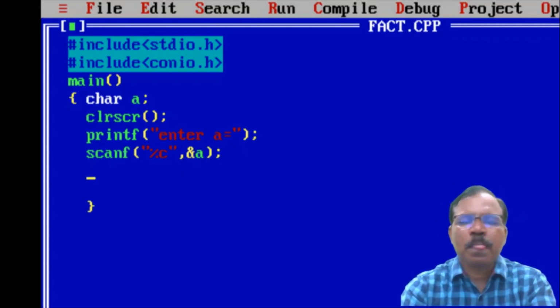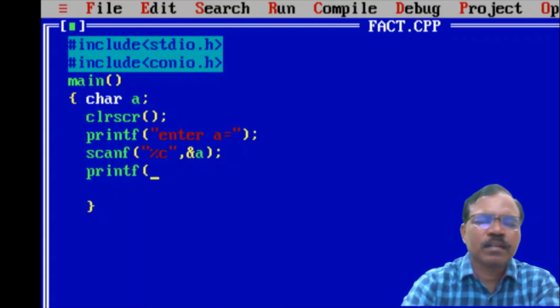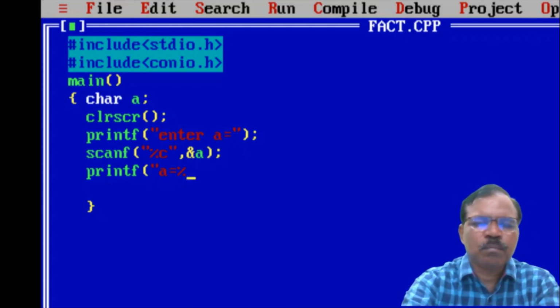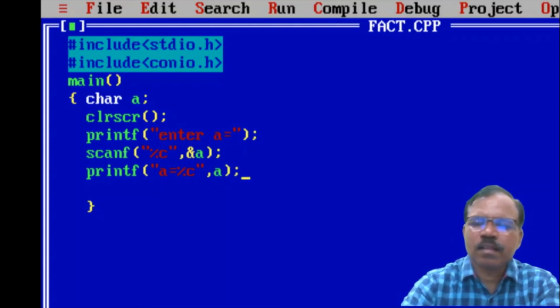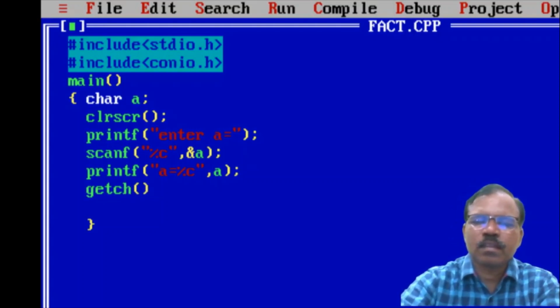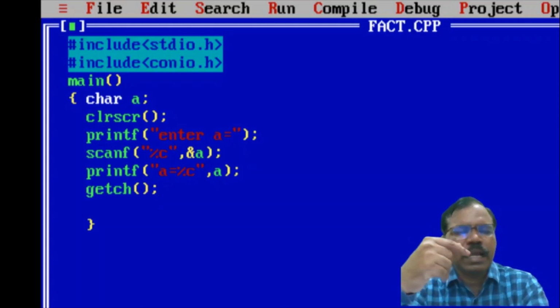And now we will printf a equal to %c, a, and now getch. So here I have used scanf function to enter a character.